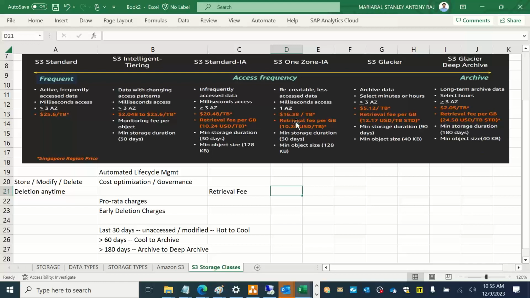Redundancy level, so even though it is one availability zone, again there are 3 copies of data that are getting stored on your 3 physically different storage arrays in the same data center. Okay, so the data that you are storing here, if the data is easily recreatable, or if you have options to get it created in an alternate method, then that is the content that you can keep